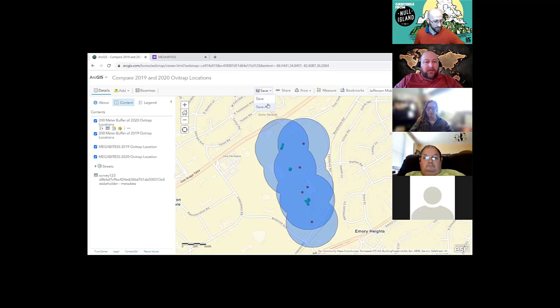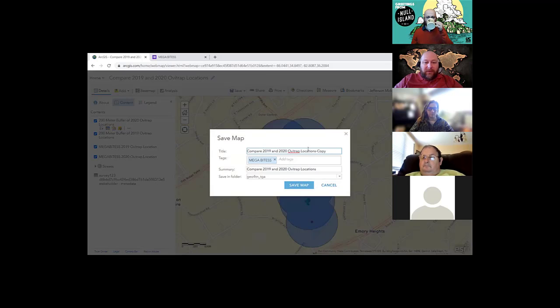Do you want us to save it as our last name, or are we supposed to save it a certain way? It's up to you. After you sign in, instead of calling it a copy, since you have saved it as a bookmark, I would maybe put your name or your school.